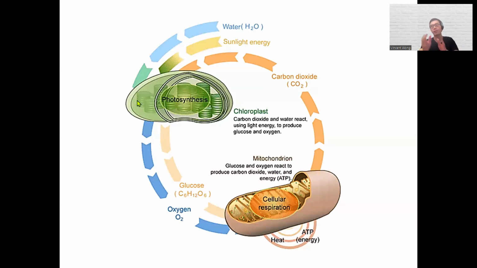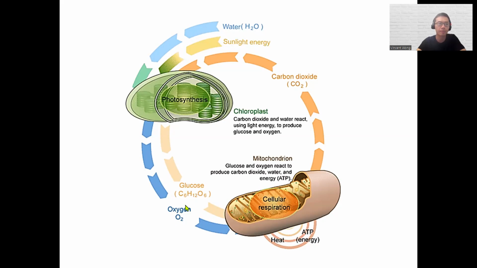Those are the ingredients for photosynthesis. And photosynthesis happens in plants, but not exclusively in plants. There are other organisms that are capable of doing photosynthesis. Right? There are these single cell organisms that live in ponds sometimes that can do photosynthesis, and they would have these organelles called the chloroplast. Chloroplast contains chlorophyll, which will take the carbon dioxide and water, capturing the sunlight and using that energy to produce